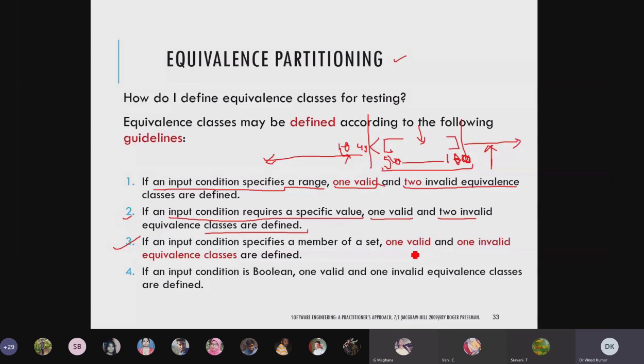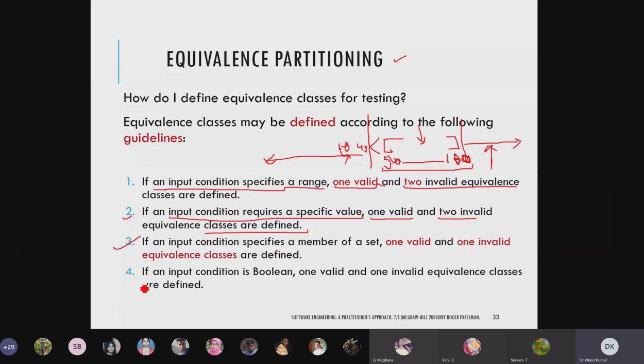Say for example, I want to test whether a person's attendance, suppose I am taking the attendance every day. We can say this person is there or not. If the person is there, the attendance will be kept. If not, the attendance will not be kept. If I roll call any person, he will be there or not, so I will check for two conditions only.